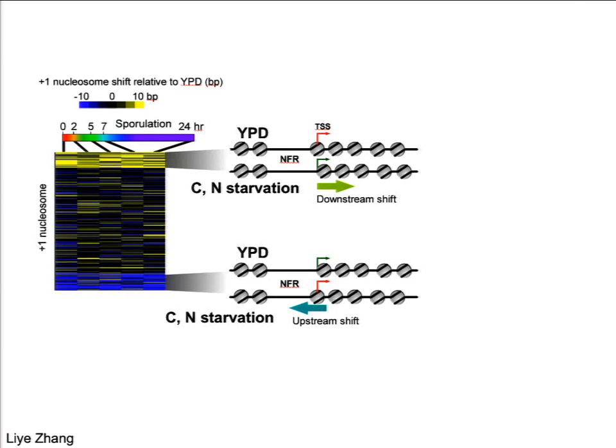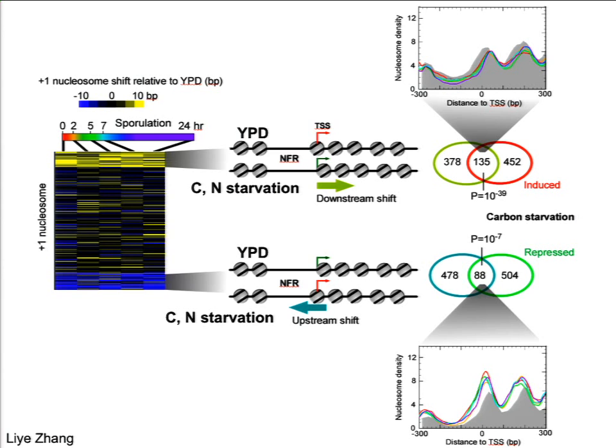Okay, so here's basically what I just described to you. Again, these yellow guys are moving downstream, and these blue guys are moving upstream. And the question is, is there any sort of linkage to some sort of function based upon those patterns? Turns out there is. We searched a number of sets to ask what might these genes be. They are linked to genes that are either induced or repressed upon starvation. So these genes here